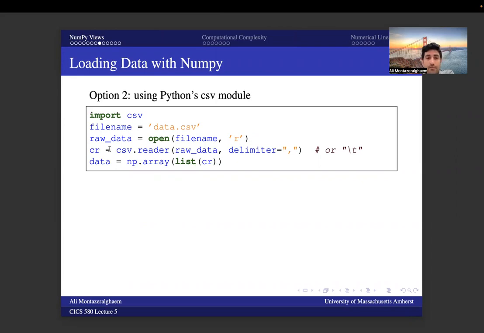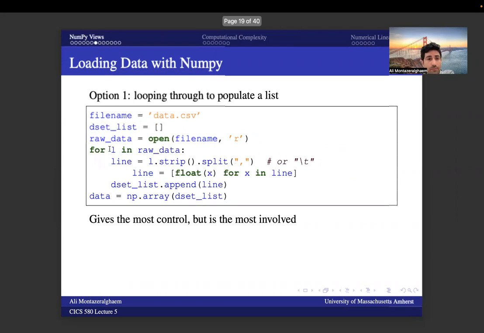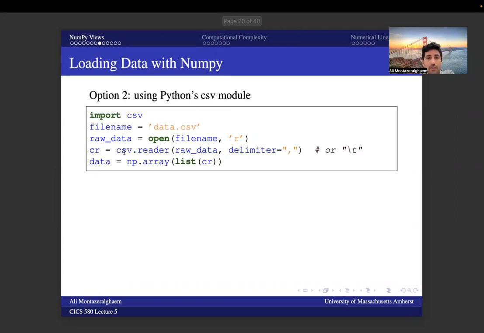And instead of doing a for loop like this here, we just need to call a function from this module, which is reader. And we just need to call it csv.reader and then pass the file that we have here, raw data, and we need to pass a character as a delimiter,